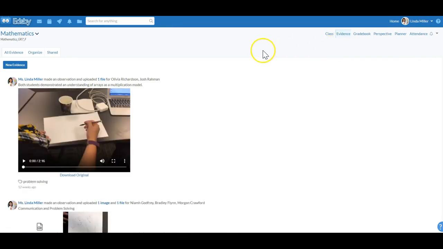This page here will be an accumulation of all of the evidence that I have collected in chronological order for my entire class. I could possibly go in and make edits to any of these pieces. But if I am looking to organize according to student, keeping in mind this is the entire class here. So if I want to filter according to student, maybe the first place to start would be showing you the